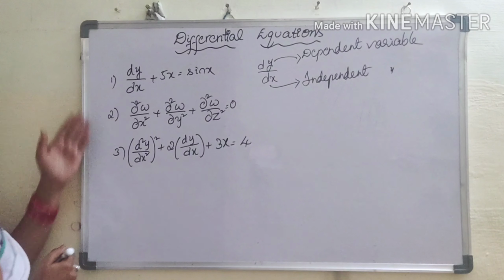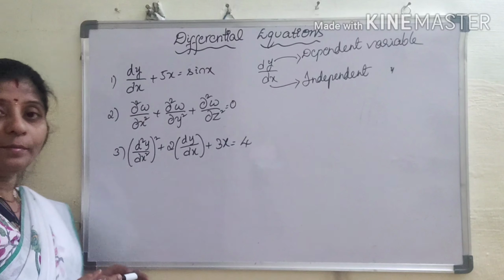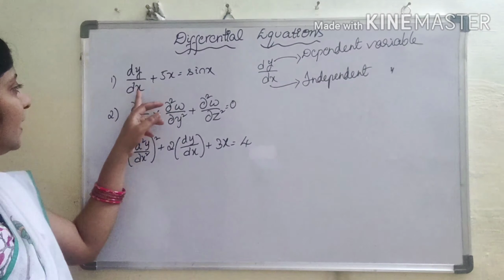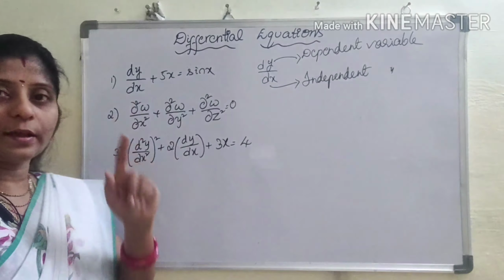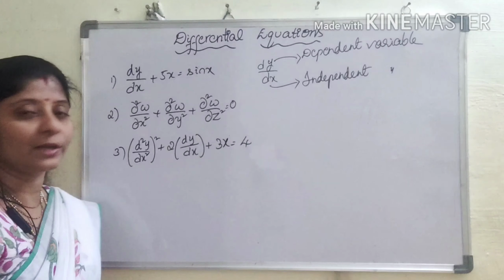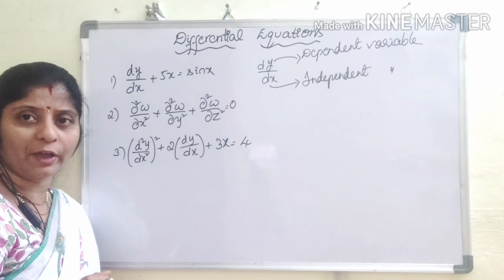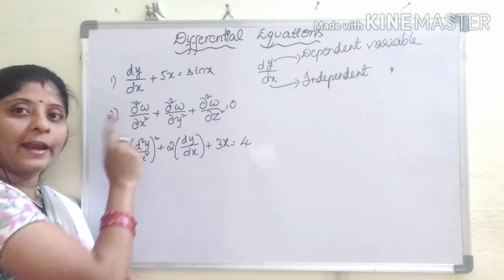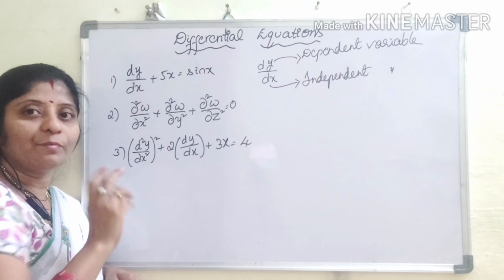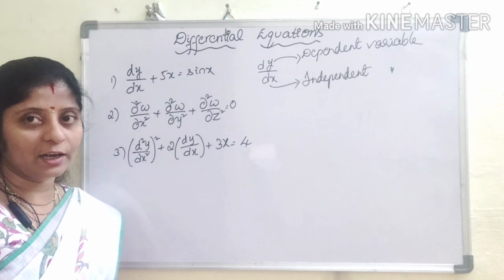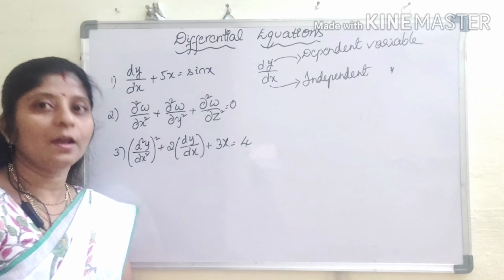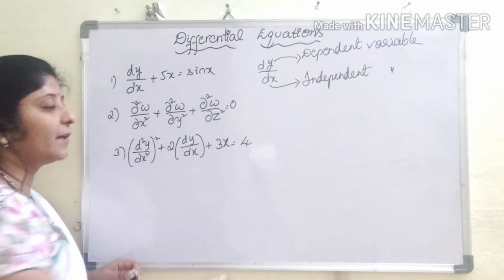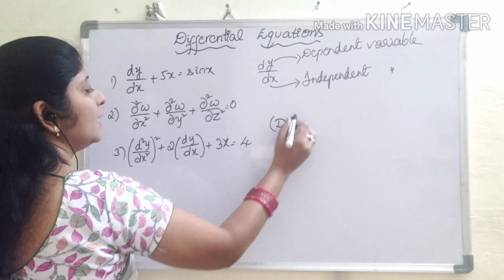Here if we observe these three equations, in the first equation y is the dependent variable, the derivative of y we have dy, and the independent variable is x. In the second equation, w is the dependent variable and its derivative is there, and the independent variables are three: x, y, z. That means one or more independent variables occur in the differential equations, but only one dependent variable occurs. We will call differential equations DE, capital DE.